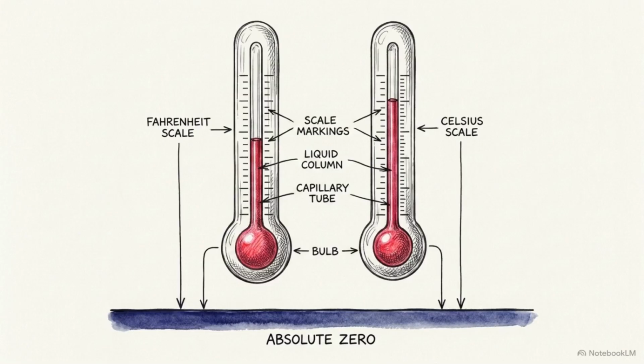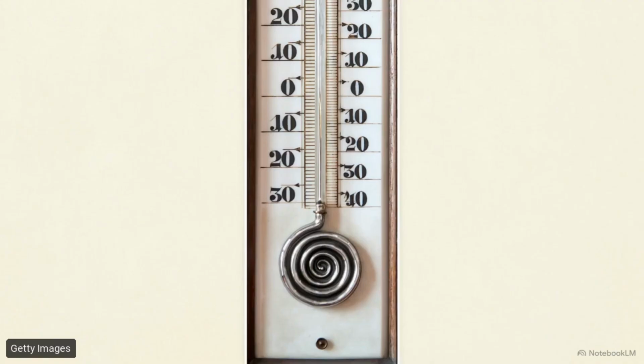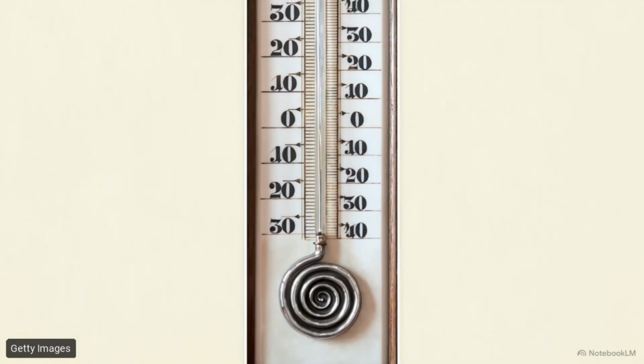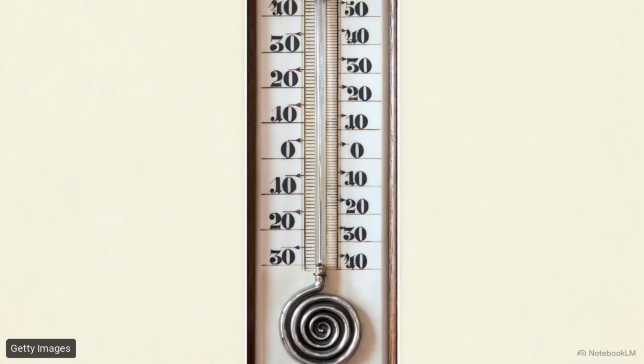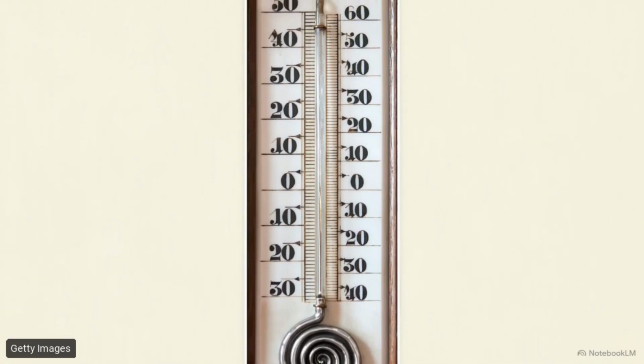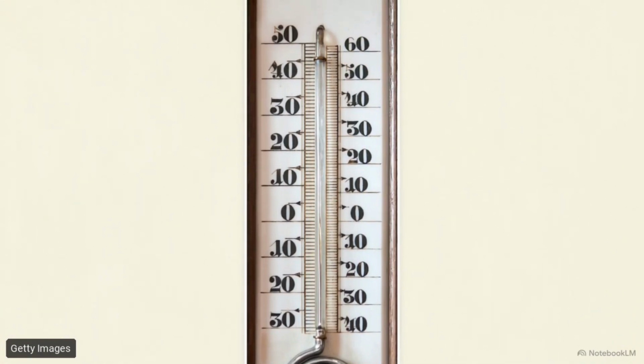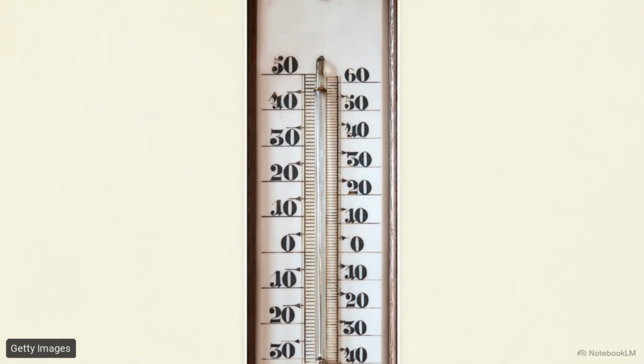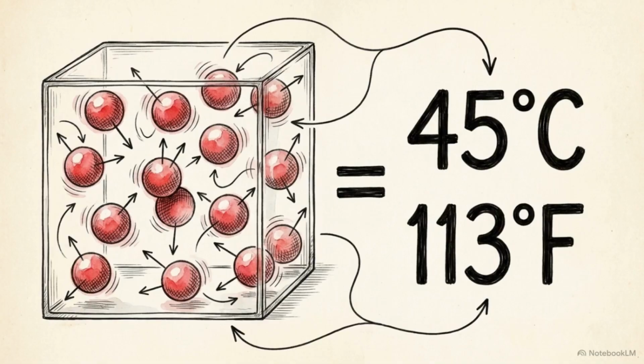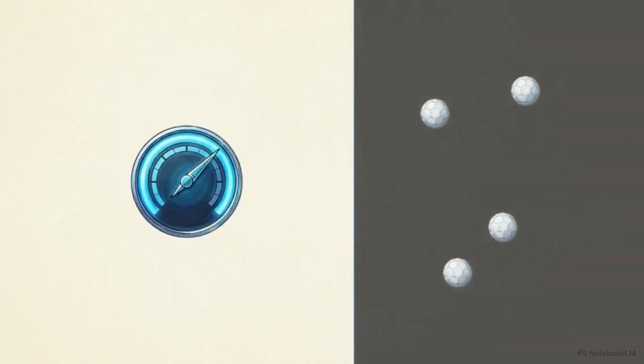This antique thermometer shows how different physical mechanisms, like a spiral-shaped metal coil or liquid expansion, can be calibrated to multiple temperature languages simultaneously. Each is a technological translation of the same physical energy. Temperature is the average kinetic energy of atoms, translated into numerical values we comprehend and compare. But measuring this molecular speedometer is only half the story of thermodynamics.